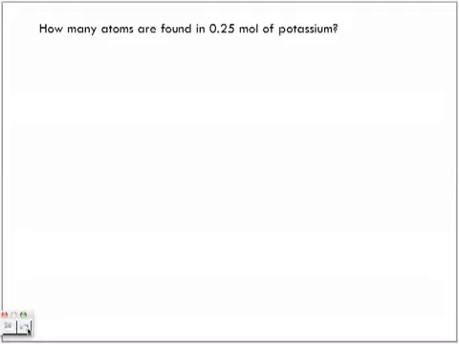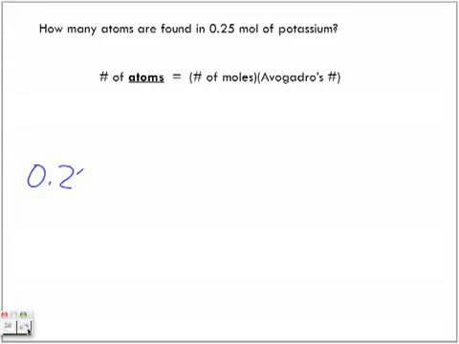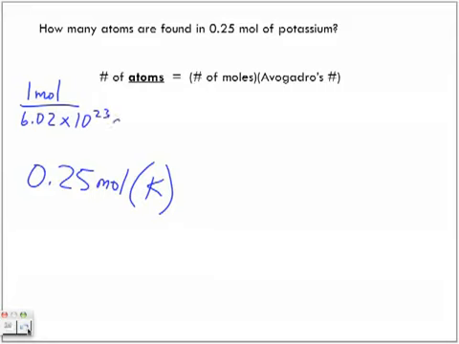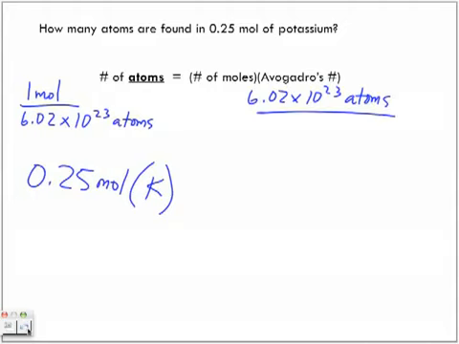Okay. So, we start off, we want to find out the number of atoms, so the number of moles, Avogadro number. Now, here it is, the way I wanted to show it to you guys at the beginning. So we have 0.25 mole of potassium. But now, we know that 1 mole is equivalent to 6.02 times 10 to the power of 23 atoms. Or